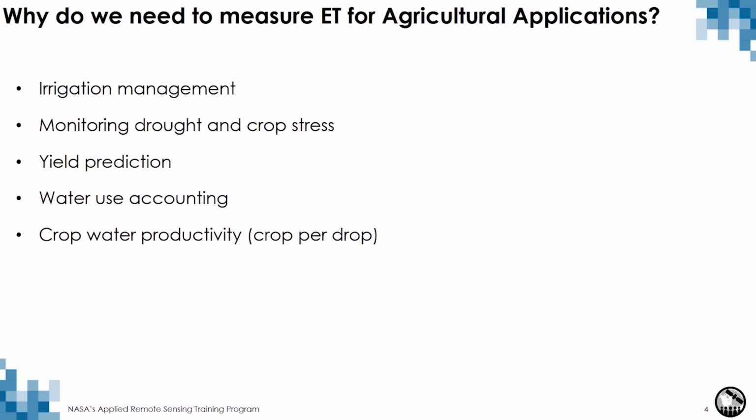The second one, monitoring drought and crop stress. This goes a bit with irrigation management. We want to be able to measure ET so that we can find out when a plant may be undergoing stress. If it's an irrigated plant, you can work with the farmer to do a better management program. If it is rain-fed, then you can hopefully have some mitigating factors for the impacts of drought and crop stress, or just give an early warning of downstream effects when it comes to end-of-year yield, or a decreased amount of food that could be harvested or